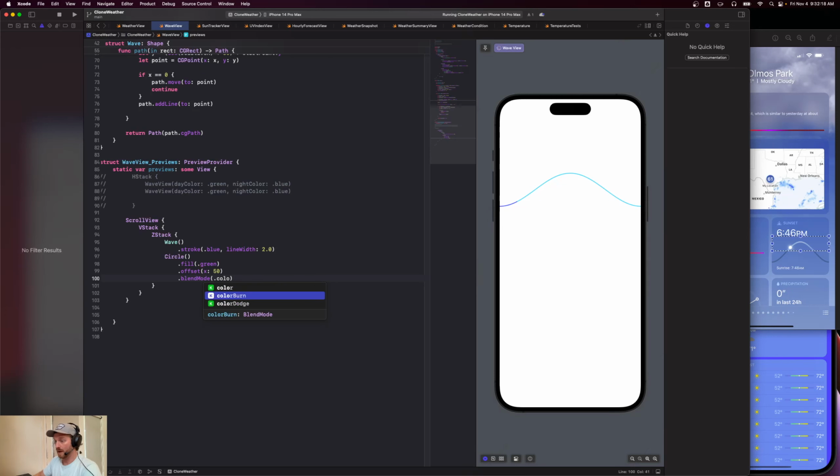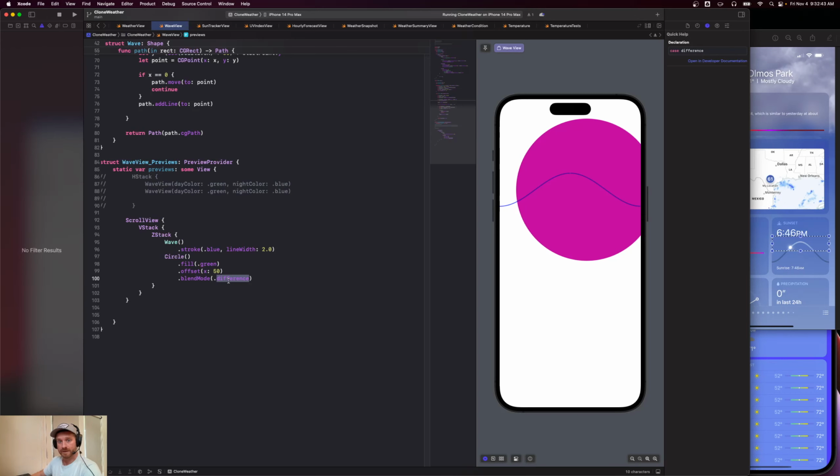There's color dodge. There's plus lighter. There is overlay. Then there's soft light, hard light, difference, exclusion,